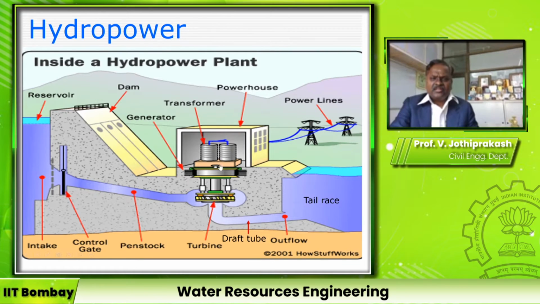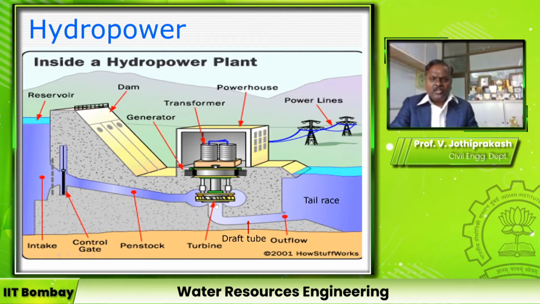Because of the cutting of the magnetic flux, electricity is created, which is led to the transformer, and then in the powerhouse it is controlled, and from the powerhouse it is sent to the distribution grid through power lines. And then the water which impacted the series of cups will fall down, but still it will have a huge residual velocity.